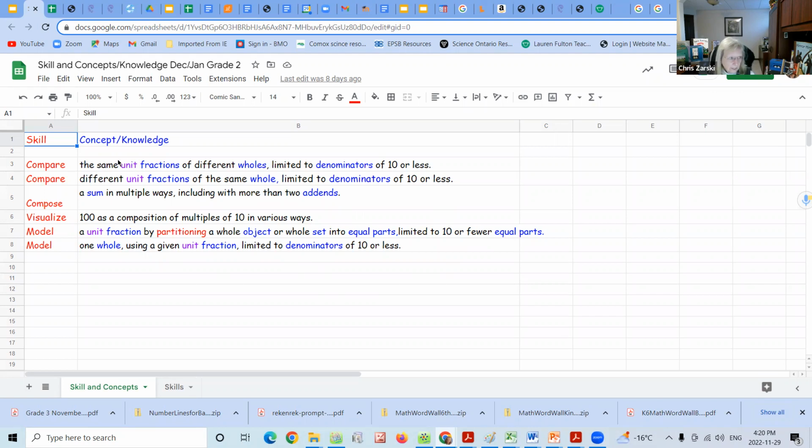You'll see that the unit is sort of put into a purple color, and that is because the unit fraction is foundational to fractions. And we do talk about unit fractions in our older curriculum that we just finished, but maybe we don't spend as much time on it as we could or should to really make unpacking fractions easier for students as they move forward through the grades. So we'll look at that today.